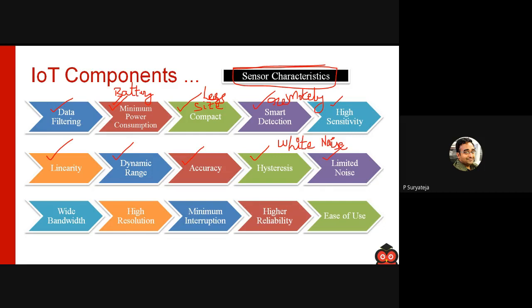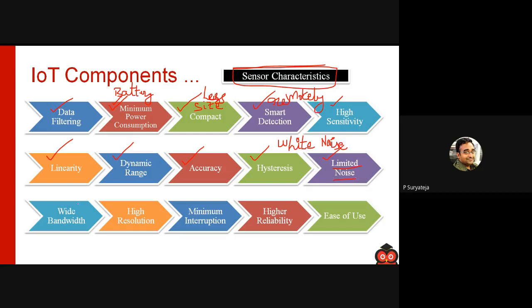All the sensors by default have some white noise problem. So noise means there will be some kind of fluctuation in the output due to environmental disturbances or something. That thing is called noise. So a sensor should have as little noise as possible.